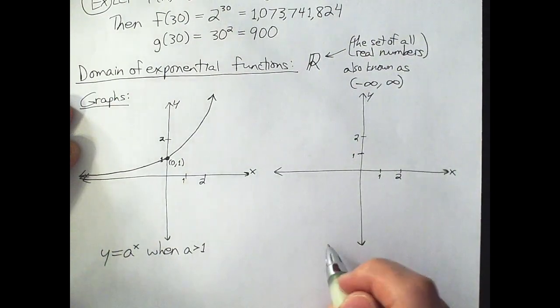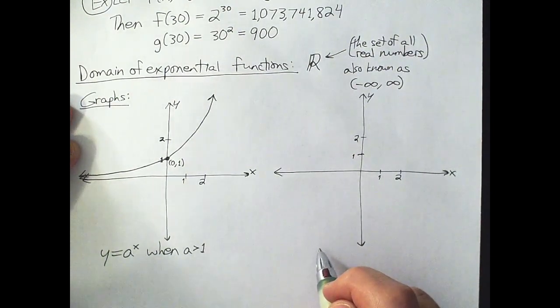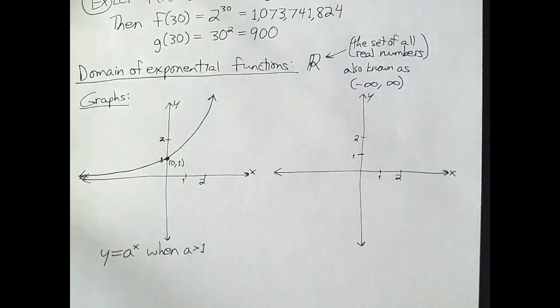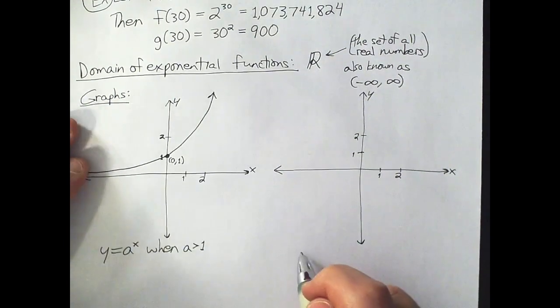Maybe I'll leave it at that for now, and let's talk about the other one. What is the other case going to be? Well, up above in the definition, we said that an exponential function has a base a, where a has to be positive and not equal to 1. Well, if this is case 1, where a is greater than 1, the only other case that we could have